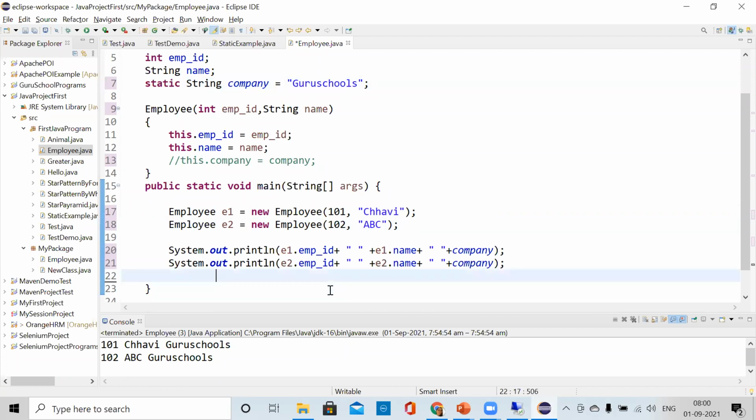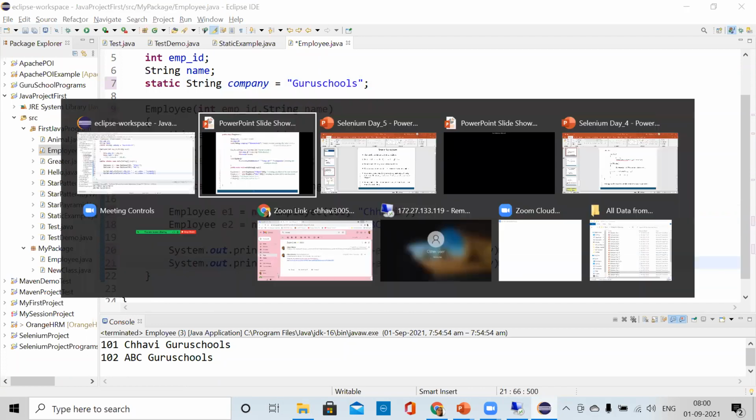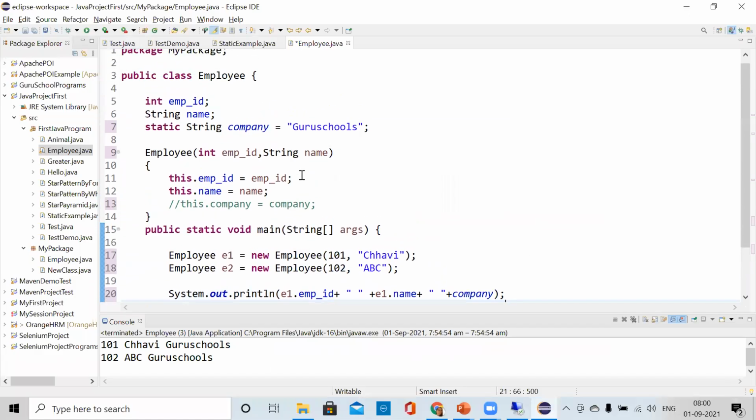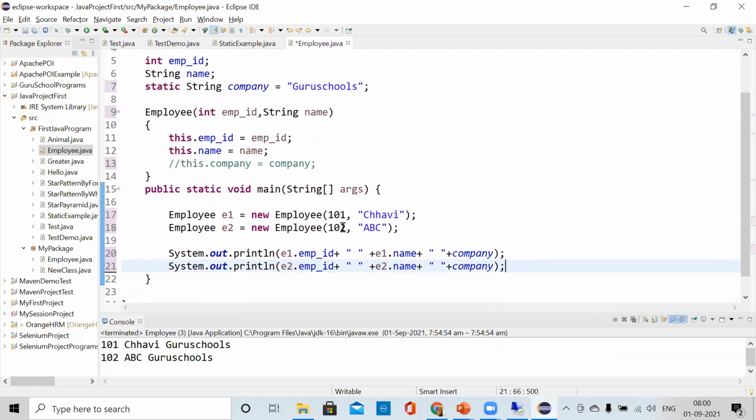So that is called memory management, which we are learning at this point, right? The main use of a static variable is memory management, and by using a static variable, memory can be saved and it will become more efficient. So we have reduced so much work of writing and initializing the company name all the time.